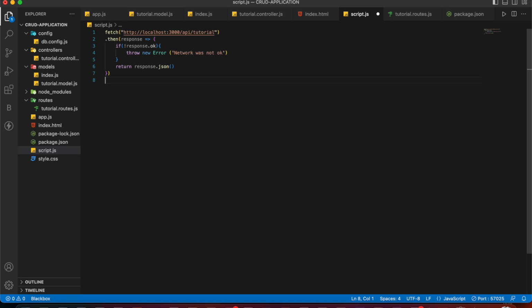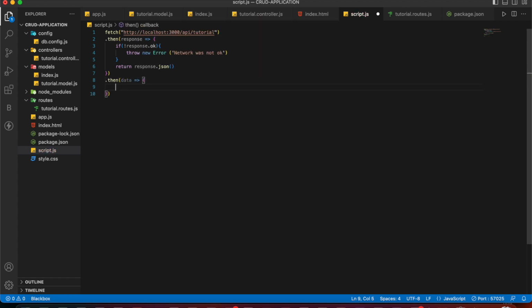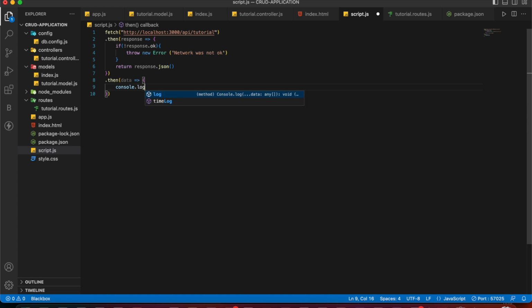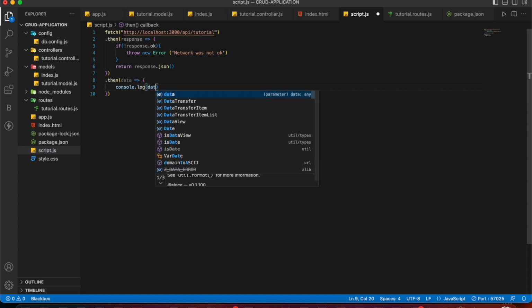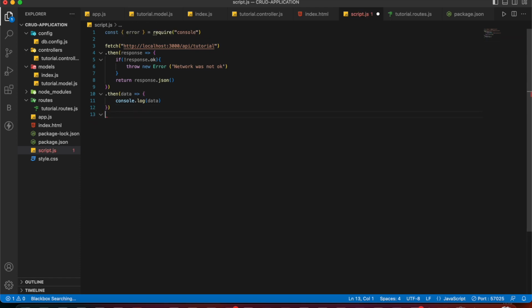And then we are going to catch, and then we are going to write a function on having data. If we have data then we are going to console log it, so console.log data, and if we have any error